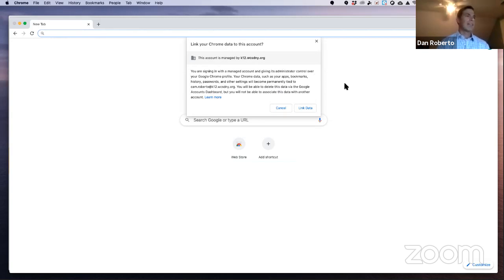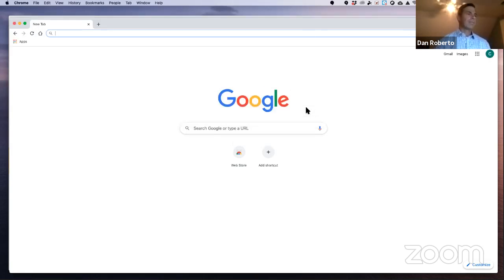It does not have access to your desktop. This is allowing all of our Wappingers applications, our extensions for differentiation, everything we need to enhance the learning environment for students is going to be linked to this Chrome account. It does not have access to any other Chrome profiles, and it does not have access to any private information on your computer. So I'm going to link that data,